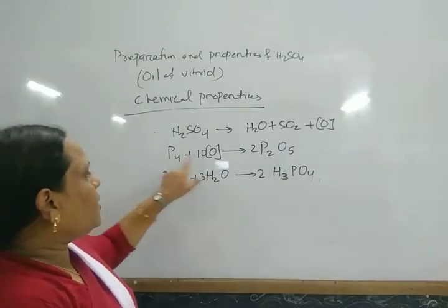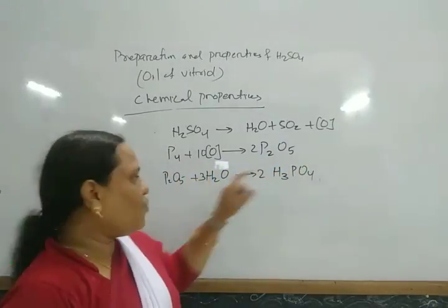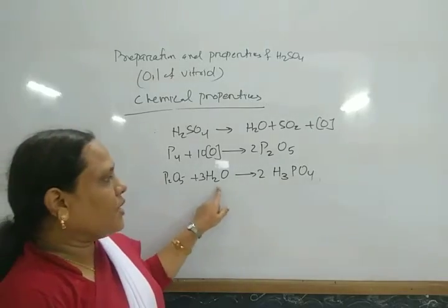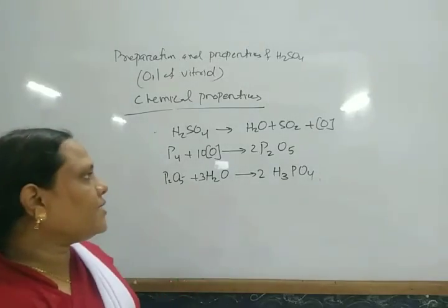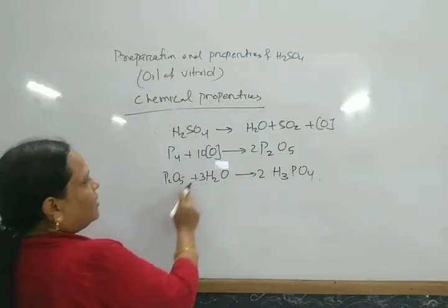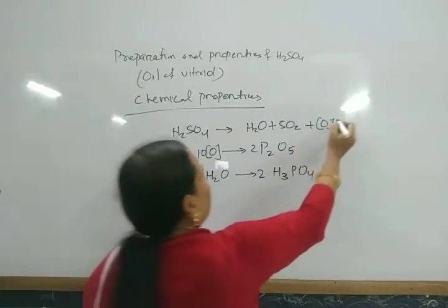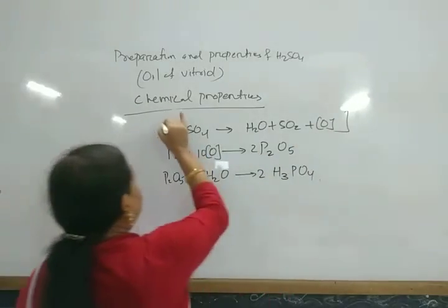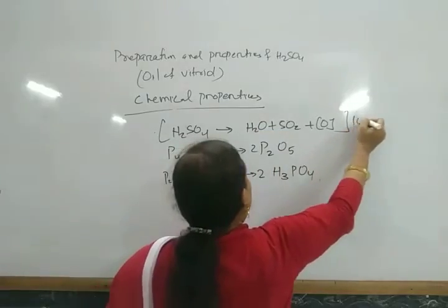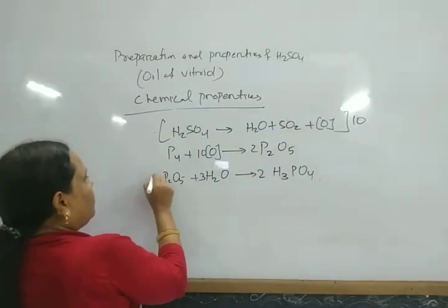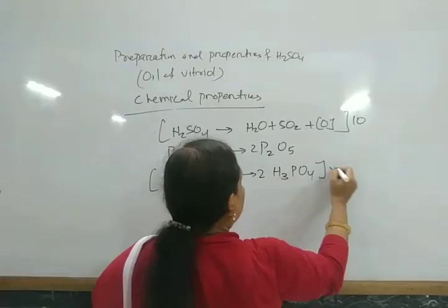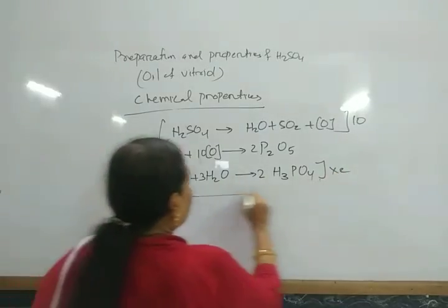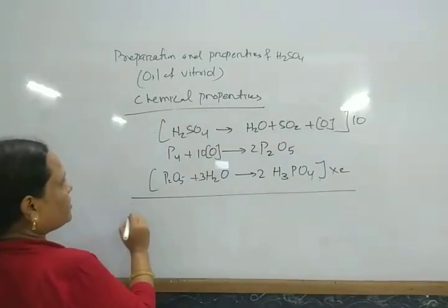Okay. So phosphorus and oxygen give rise to P2O5, and P2O5 plus water gives rise to H3PO4. As there are 10 O, multiply this equation by 10, and as there are 2 P2O5, multiply this equation by 2. So that the overall equation becomes